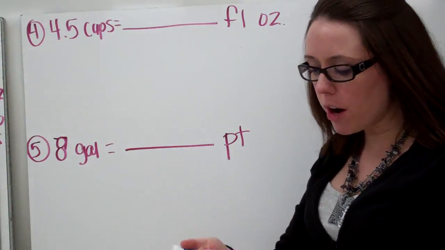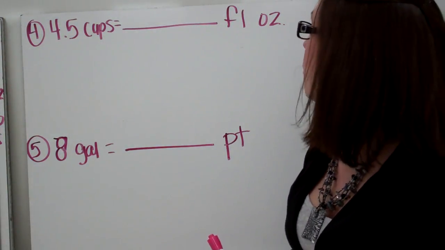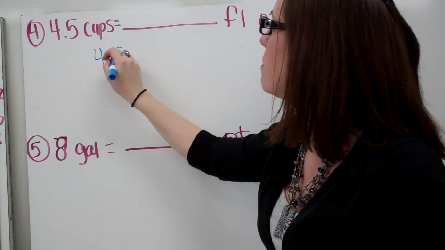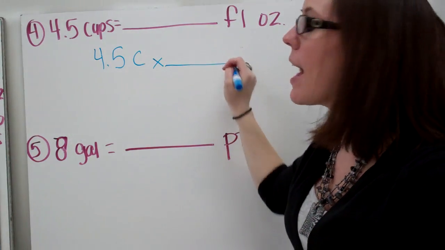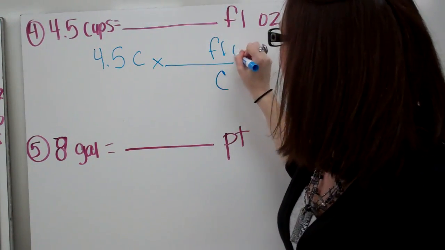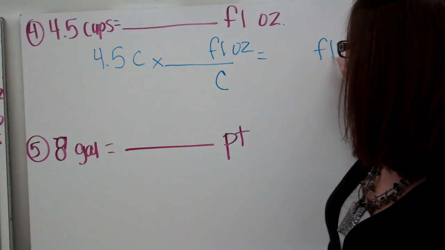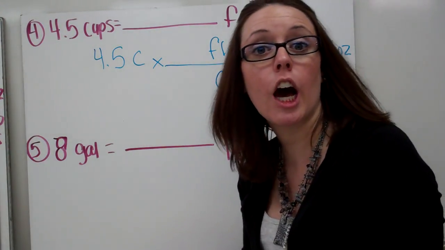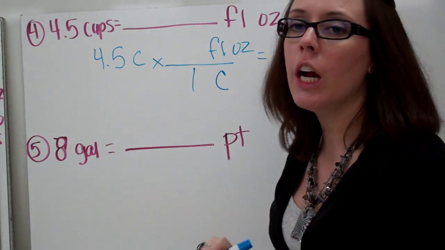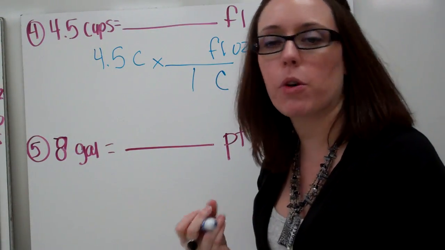Number 4, 4.5 cups to fluid ounces. So we have 4.5 cups, and we're going to multiply that by a ratio with cup being in the bottom so it cancels, and we're going to fluid ounces. Now, which is bigger, a cup or a fluid ounce? Well, ounces go in a cup, so cup is bigger, and in 1 cup you have to memorize there are